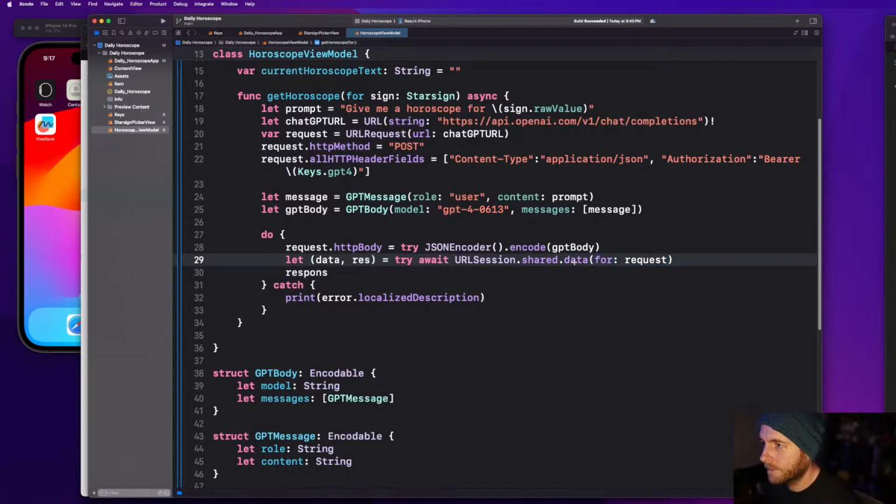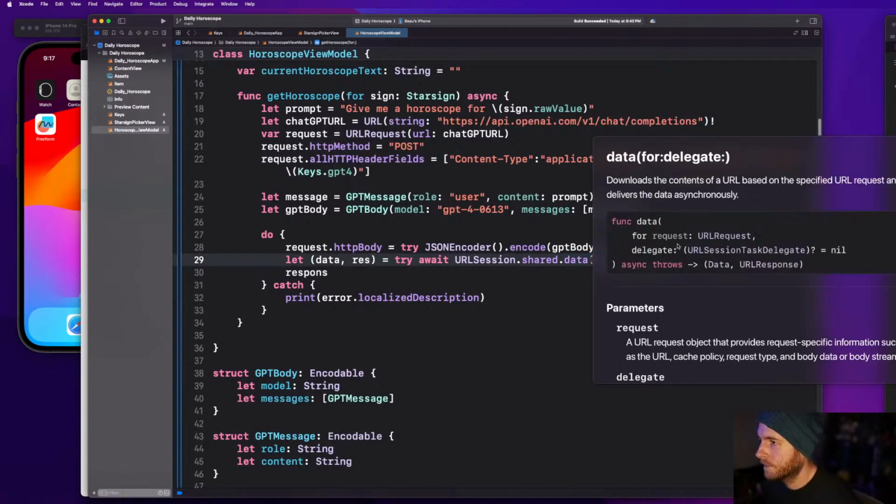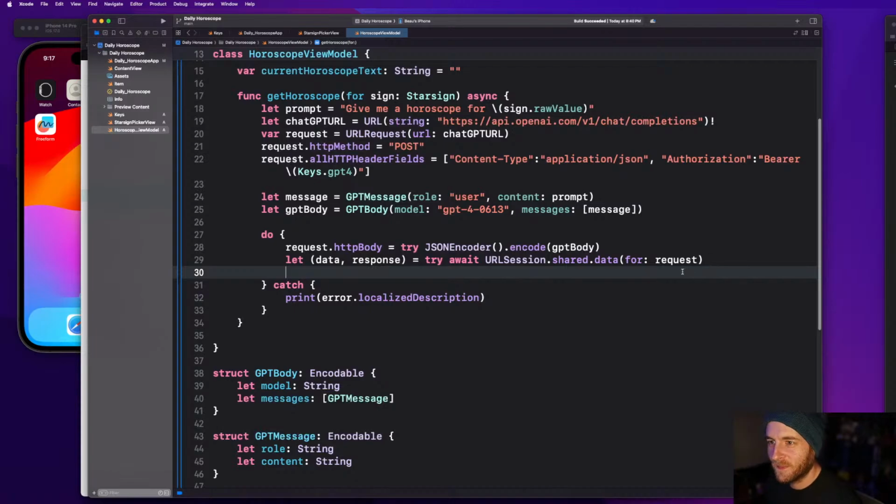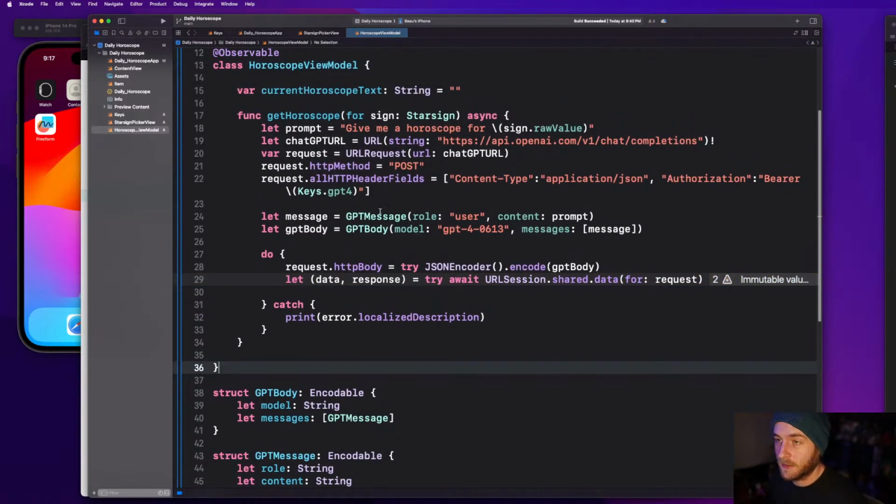Oh, you can just look at the data response, yeah. Just look at the documentation. Okay. And then we've got the data back, so we need to convert that into an object so that we can present it back to, so